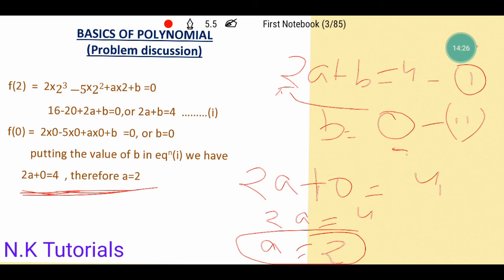Before remainder theorem and factor theorem, tomorrow I will be dealing with factor theorem and remainder theorem. Okay, so upcoming session will be very important. So you can solve the questions before remainder theorem and factor theorem right now.